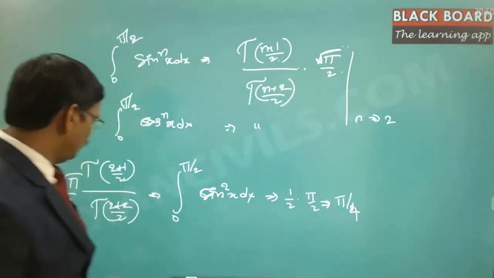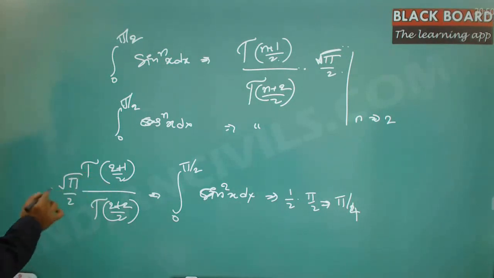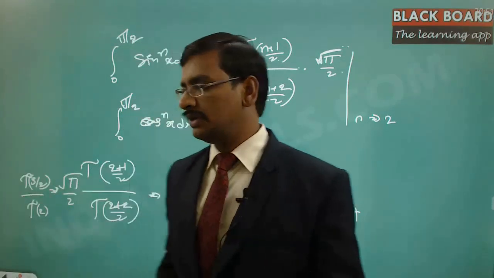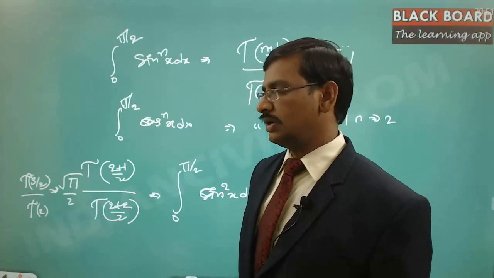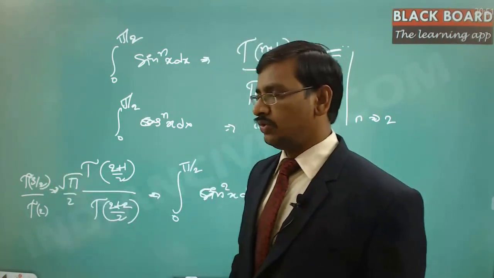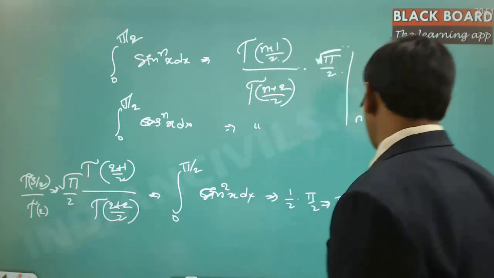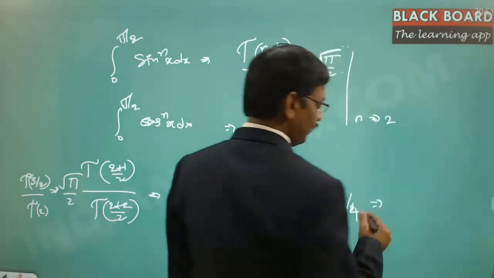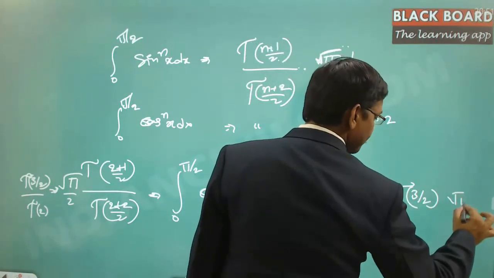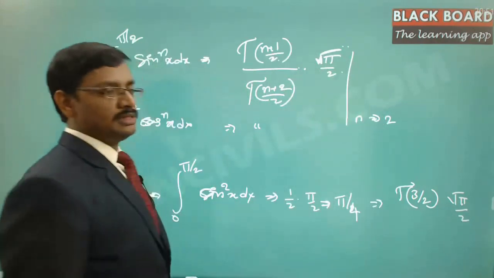Now here, on the left side, if you notice, this is going to be gamma of 3 by 2 divided by gamma of 2 plus 2 by 2, which is going to be gamma of 2. So gamma of 2 is anyway an integer function. For the integer function, this is going to be (n minus 1) factorial, which is nothing but 1 factorial, which is 1. And gamma of 3 by 2 is there in the numerator. So this value is equivalent to gamma of 3 by 2 into root pi by 2. So this value is the same.